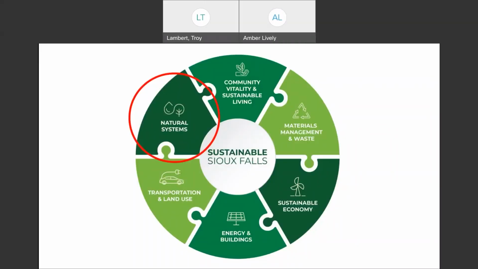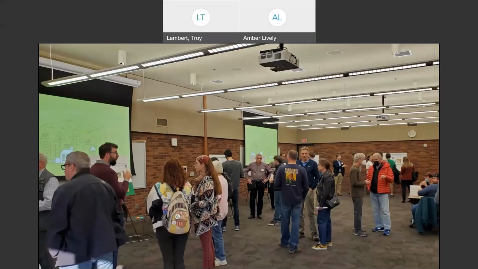And this is the group, our steering committee is the group who put together these focus areas of the plan. And I walked through these prior, but wanted to note that we'll be talking about the natural systems focus area. That's really where our water quality initiatives are housed at this point. So they've done a lot of work to put this together, set up the focus areas. And then we also had 2 phases so far of community engagement to help develop our plan.